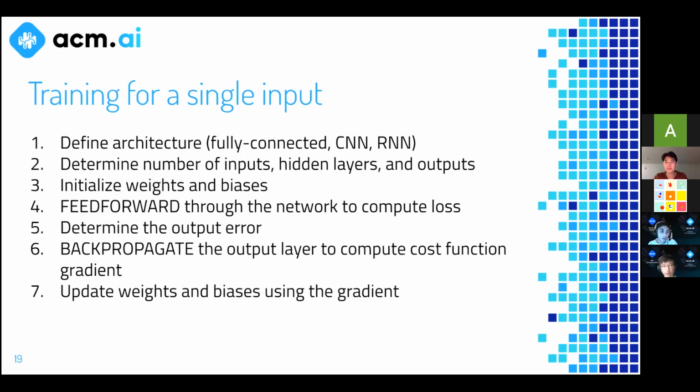Do I need a really large network, or can I just get away with something smaller and save some space and time? Okay, so you have to determine all of those things. Then the outputs, right? So when we're classifying digits, there's 10 different digits, so we're doing a multi-class classification problem where the network could give us one of 10 different answers, right? 10 digits, 0, 1, 2, 3, 4, 5, 6, 7, 8, 9. It could tell us any of those.